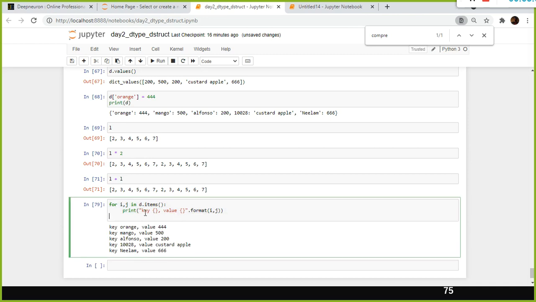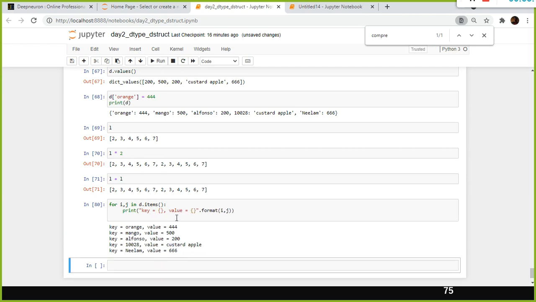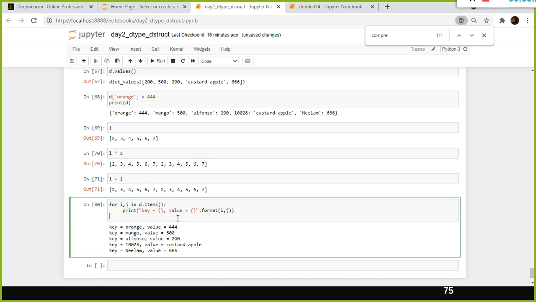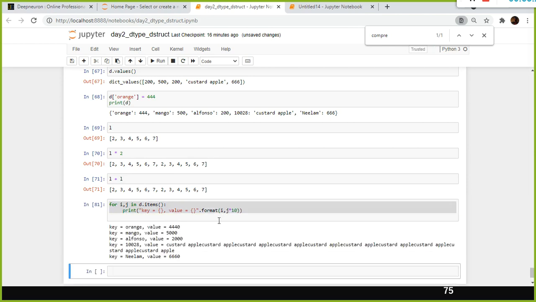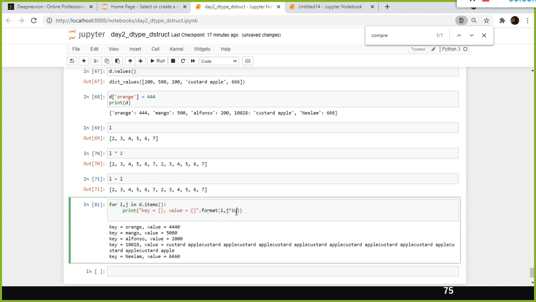The key is this, the value gets to orange, or you can format it like this: key is equivalent to, and value is equivalent to something like this. You can give it, but you cannot perform an arithmetic operation here. So you cannot multiply the value by, for example, 10. What happens is it multiplies this 10 times and duplicates the values.